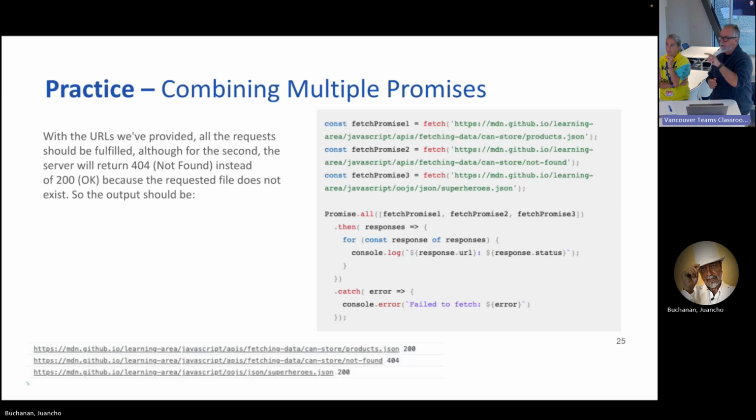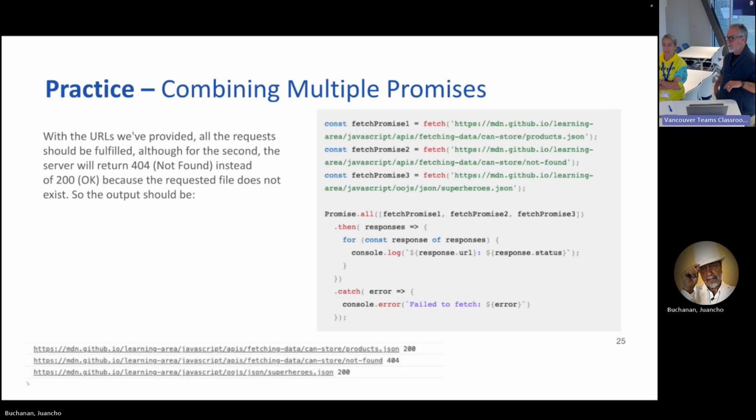Now, what's interesting about this is we didn't get a failure here, right? Because every one of those requests gave us a response. Well, it's because if a fetch gets a 404, it's a successful fetch, even though 404 means that it couldn't find that file. That request to that server resulted in data coming back that you can then use to tell the user, hey, the file is not found. And that's at the bottom there, showing the console.log.